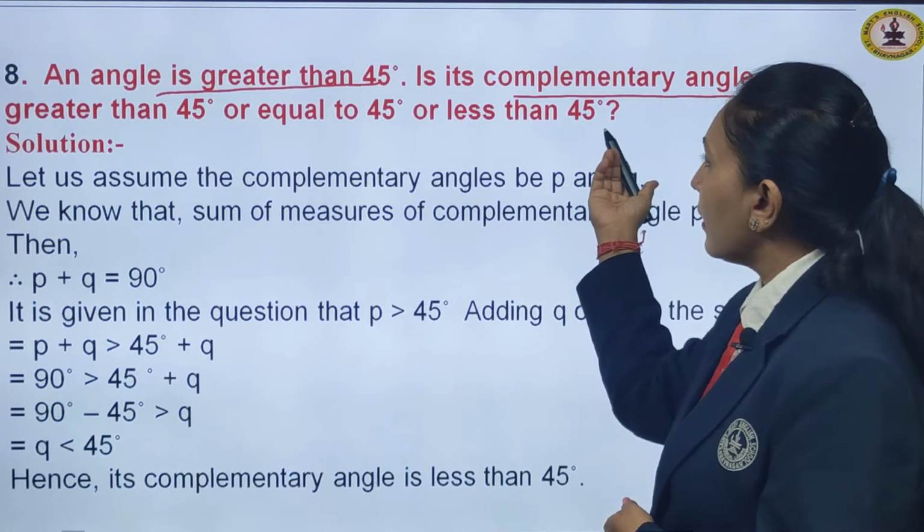Question number 10. Indicate which pairs of angles are vertically opposite angles. Children, this is the figure given, you have to just name the angles with the help of this figure. Which are the vertically opposite angles, children? Angle 1 and angle 4. So this angle and this angle are the first pair of vertically opposite angles, and you can take angle 5 and angle 2 plus 3. So angle 5 is vertically opposite to angle 2 and angle 3 combined. Here you can see angle 5 and angle 2 and 3 are vertically opposite angles.